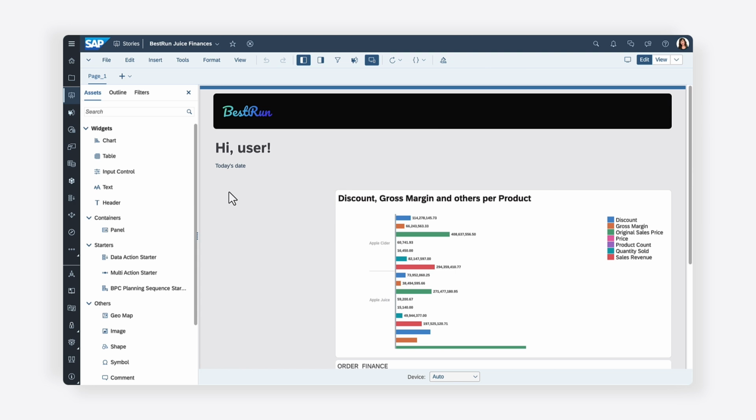Looking to enhance your stories to better align with the unique requirements and use cases of your business? In SAP Analytics Cloud, you can leverage scripting to go beyond the default functionality of stories, transforming a standard dashboard into a highly interactive, customized, and robust platform that meets the needs of you and your team. This is the first in a series of videos that demonstrate what you can achieve with scripting in SAP Analytics